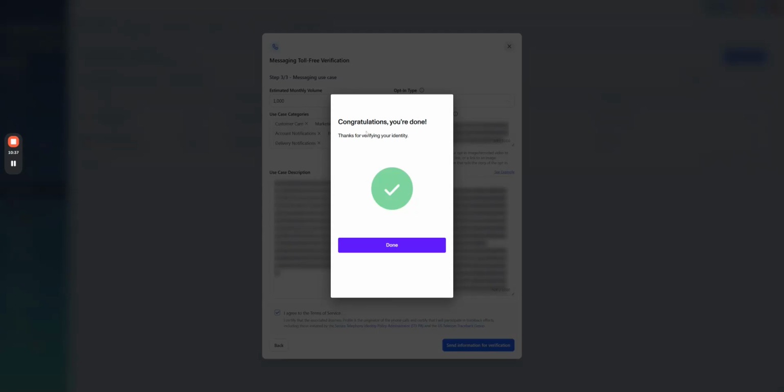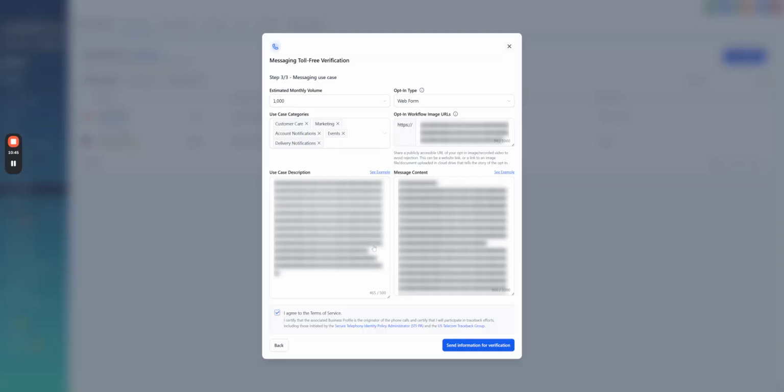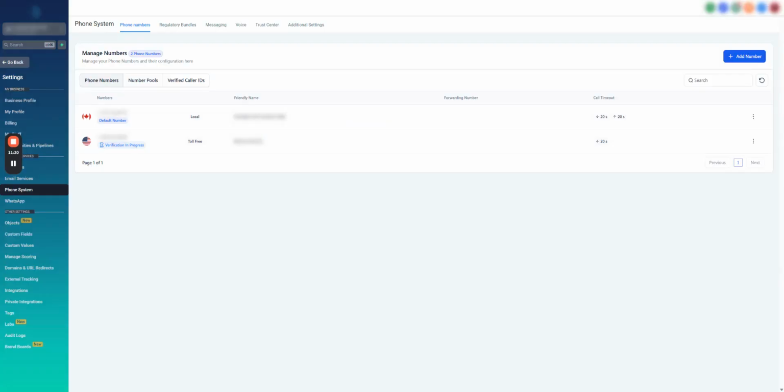Once done, it will reflect also on your desktop, even though you used your phone, and it says congratulations, you're done. Thanks for verifying your identity. Now I'm going to send the information for verification. Once you have submitted it, the status will be verification in progress, and we'll see if that will be approved or declined based on the submission that we have.